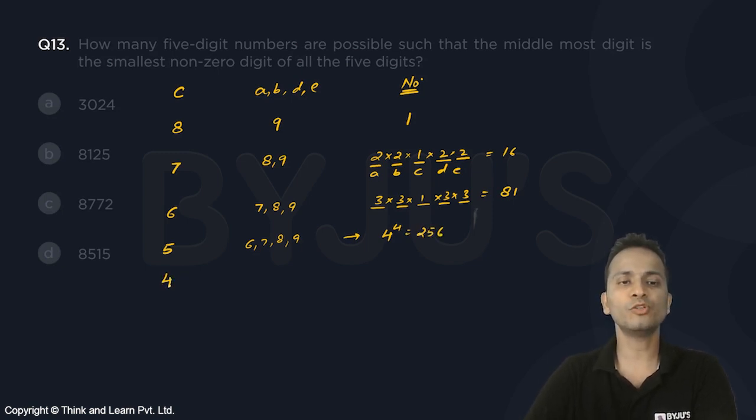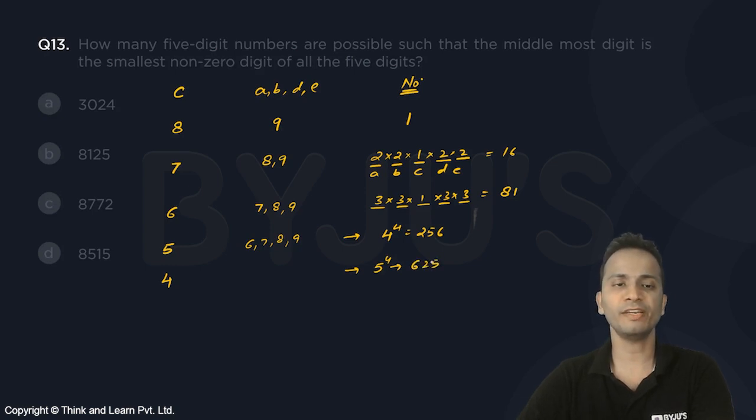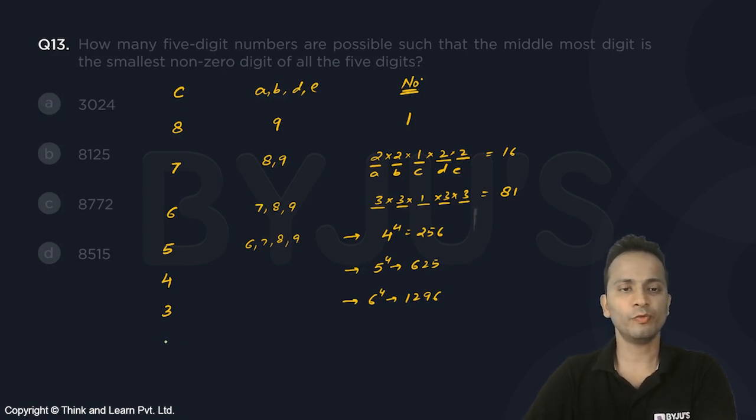When C is equal to 4, the number of possibilities will be 5 raised to the power 4, which is 625. Then when C is equal to 3, it will be 6 raised to the power 4, that is 1296. Then when C is 2, A, B, D, and E will have 7 possibilities each. So 7 raised to the power 4, that is 2401. And finally, when C is equal to 1, it will be 8 raised to the power 4. The value of 8 raised to the power 4 is